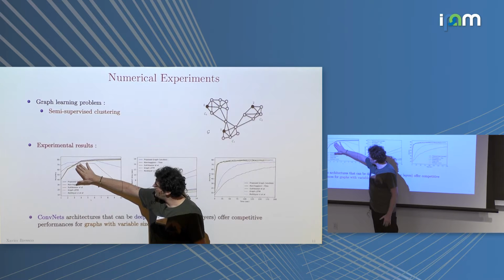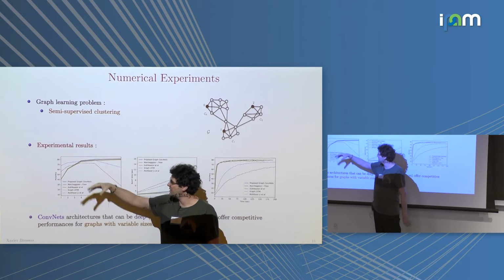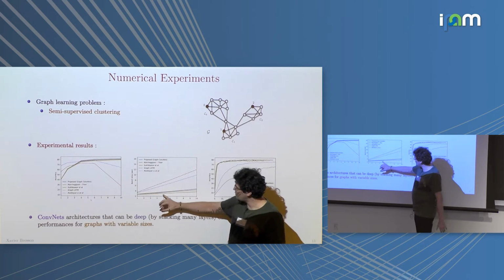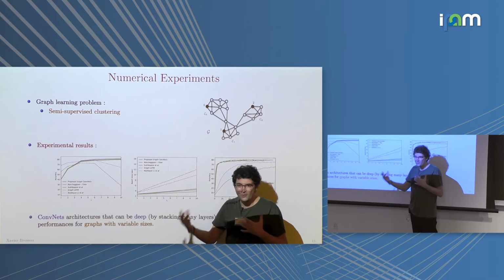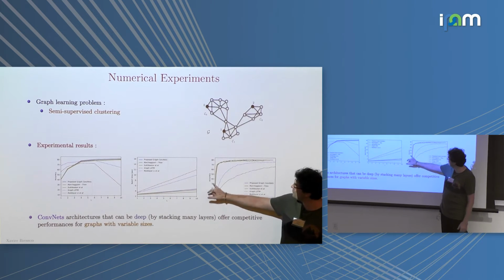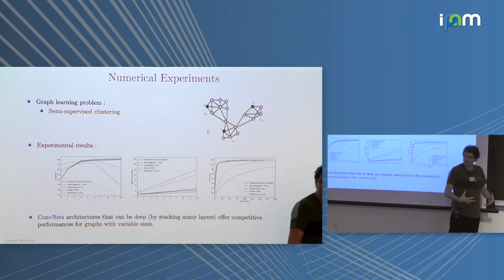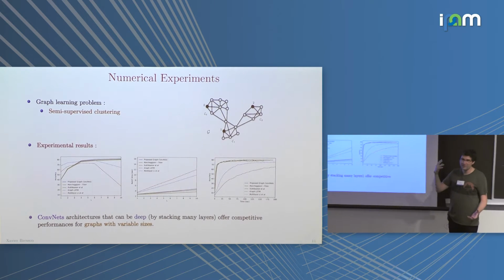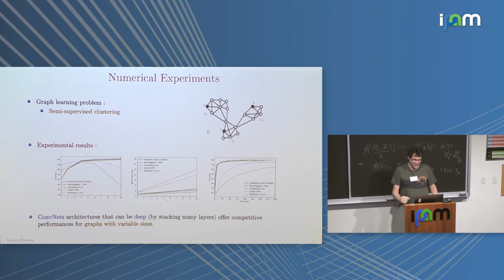But if you stack convolutional layers, then the performance is monotonously increasing. It's the same also for the computational time. It takes less time than a recurrent neural network because we don't have to solve the fixed point iterative problem. And we also learn much faster. So this is the accuracy. If you don't know which one to use between a graph recurrent neural network and a graph convolutional neural network, you should use a graph convolutional neural network. That's the conclusion. Is the generalization accuracy there?